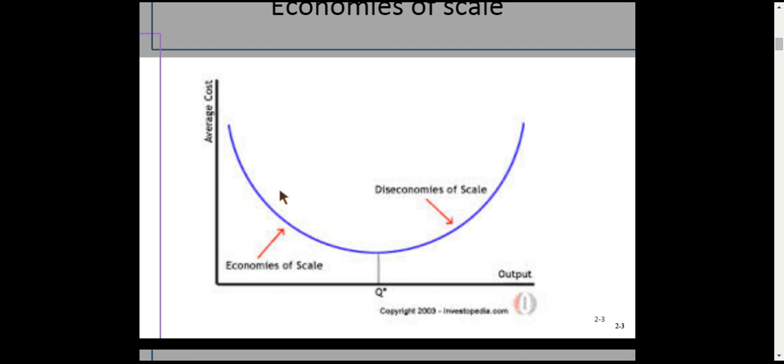But once you get here, say we'll just say it's 10 people can be in the kitchen, right? Once you get to the 11th person, your output per person becomes less because you've ever heard the phrase, too many cooks in the kitchen. Okay. So that's what we mean by economies of scale. And it really does help firms save money because they are ending up with more output, but their cost per unit is lower.